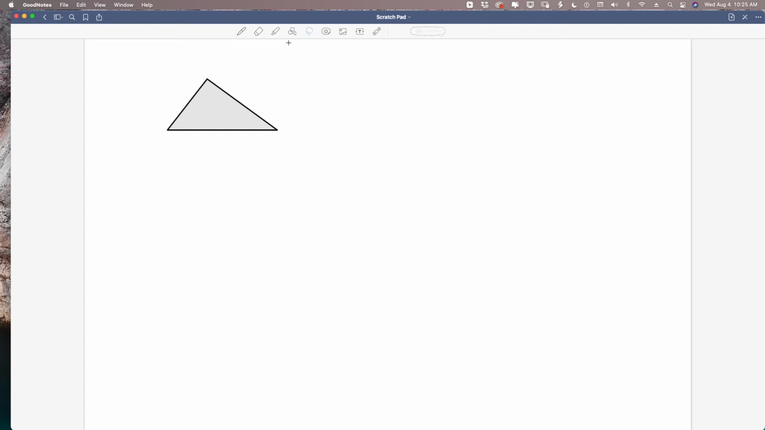Okay, and I'm going to copy it because it is similar. All I have to do is copy and paste. And this time, this triangle is a little bit bigger. I don't need to rotate it any. It just needs to be a little bit bigger. All right, so we have two triangles here. And in this triangle,